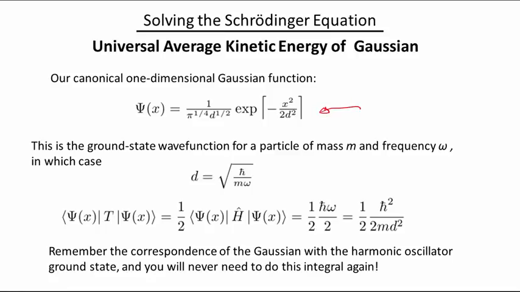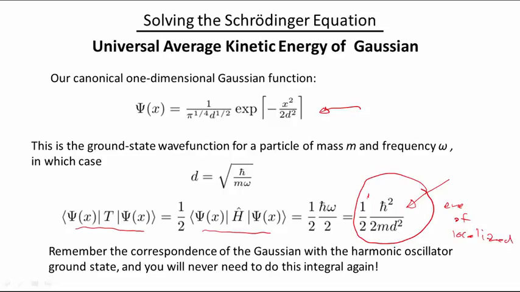So to recapitulate, if we take this Gaussian as our trial function and just compute the expectation value of the kinetic energy, it's half the total energy, and it takes this form. I've written it this way just to emphasize there's a factor of a half out front, which is due to the virial theorem, and this is the ground state energy of the harmonic oscillator, but written in terms of the characteristic length. So you'll see expressions of this frequently in quantum mechanics. H bar squared over the square of Planck's constant divided by mass and the square of distance. That is the energy